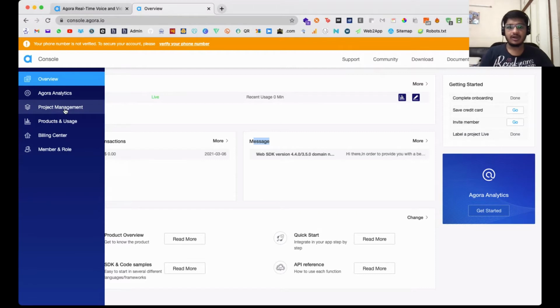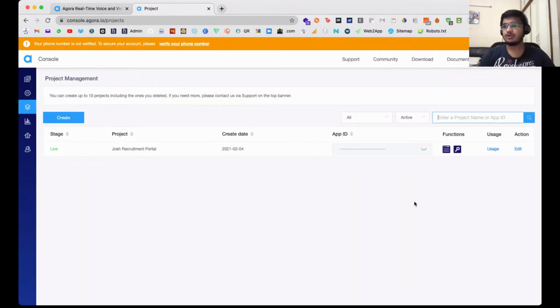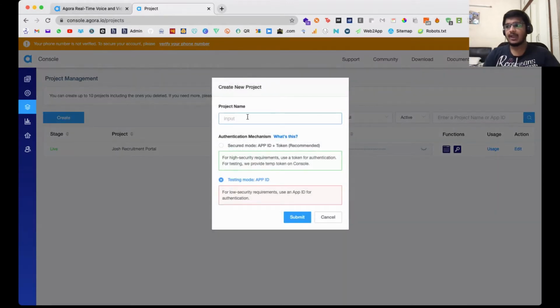For the sake of our project today, we'll move straight up to project management. So this is the third option over here. Once you go to project management, you will have an empty dashboard over here because you won't have anything created. But you'll also have this create button out here. Just click on create and you can enter any of your project name. For the sake of this webinar, let's just say webinar, let's say demo.